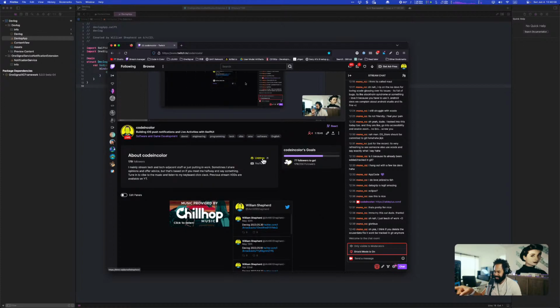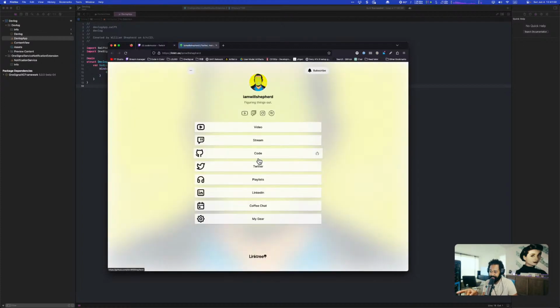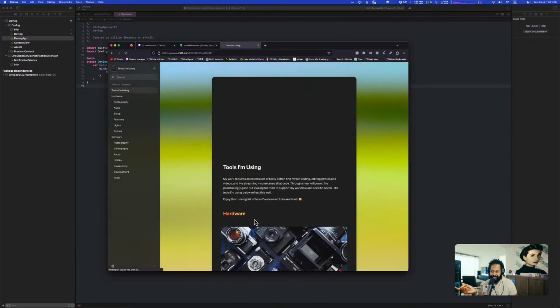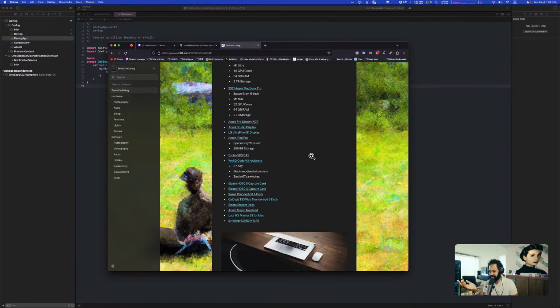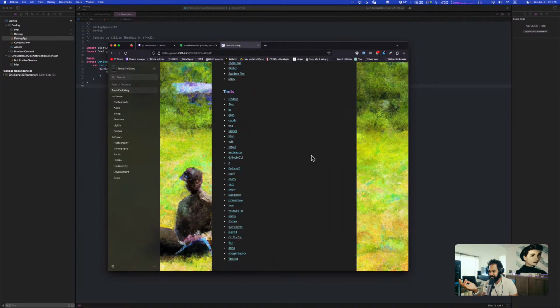Oh yeah, here. Okay. So if you click here, Linktree, if you go to my gear, which I know is a misnomer, it started out as my gear, and then someone was like, oh, what software do you use? So I was like, I'll go and try to put together a small list. This will give you all of the tools that I'm using,